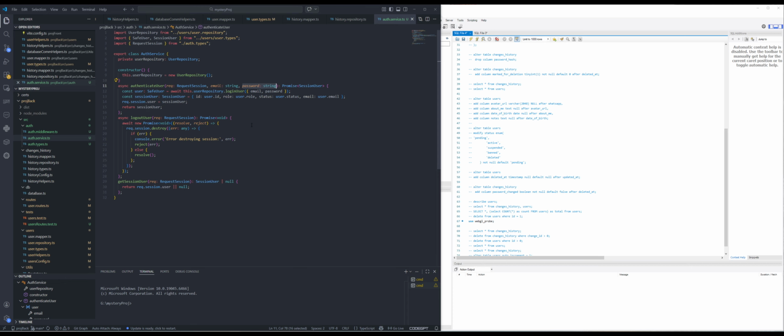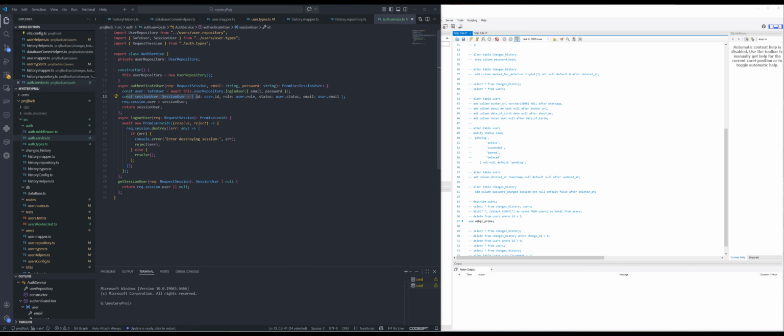Now we are logging in the user with email and password, and on success, if the login is successful and the email and password are good, we get the user from it, which is of type SafeUser, and then we create a session user,